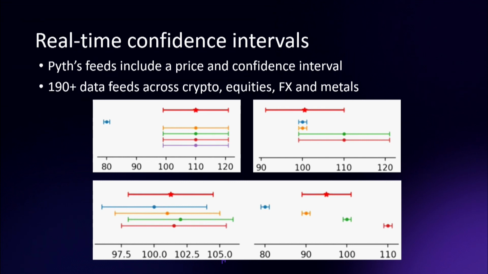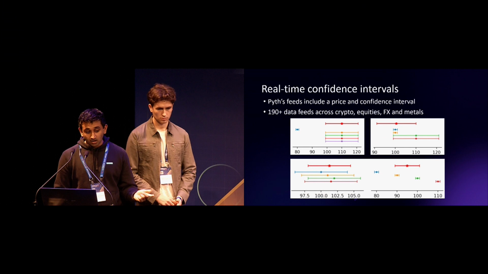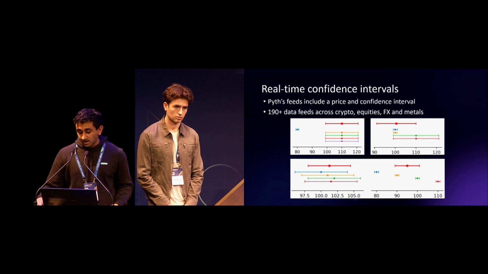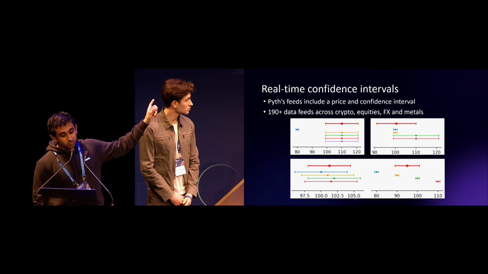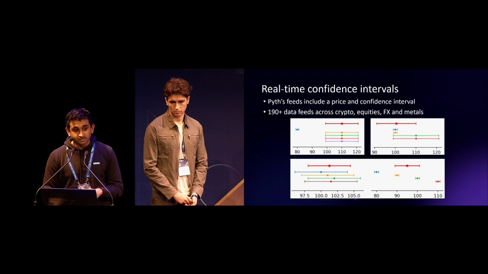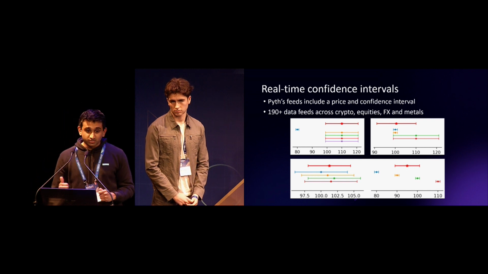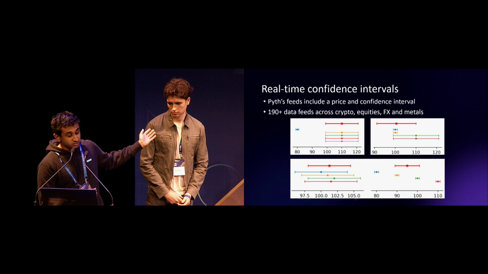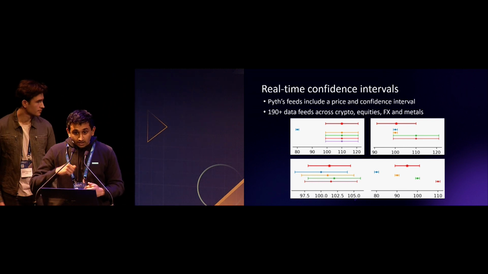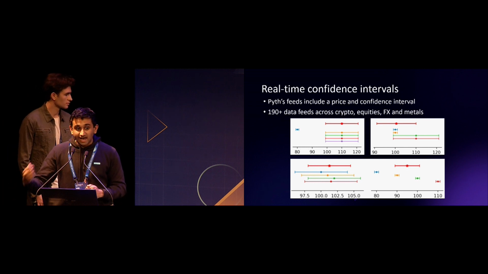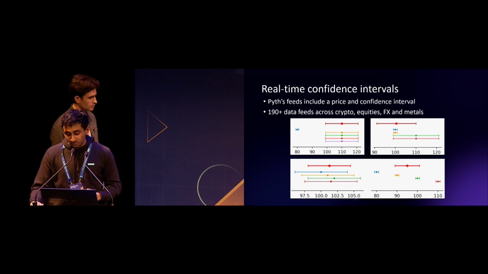Now, what Pyth also enables is that any price feed is provided with a confidence interval as well. Pyth currently supports over 190 price feeds that range across cryptos, equities, FX, and metals. And basically, these confidence intervals enable three main things. In this graph at our top left, the confidence interval that Pyth supports is robust to manipulation. What does this mean? If we have a malicious MDP who's reporting far outside of everyone else's range, Pyth's price feed will reflect the most accurate price with the highest confidence that's robust to manipulation.